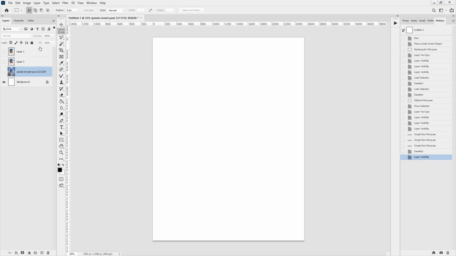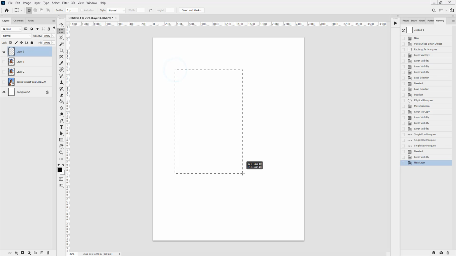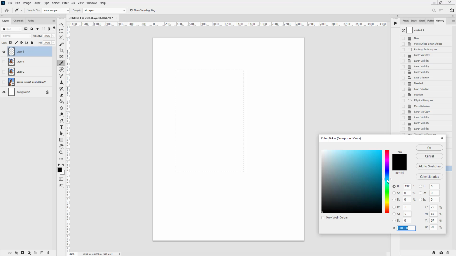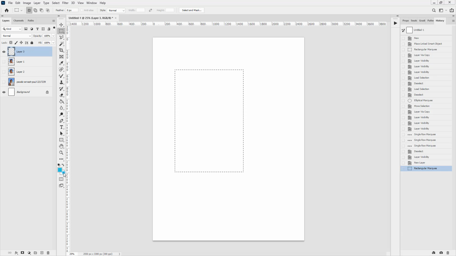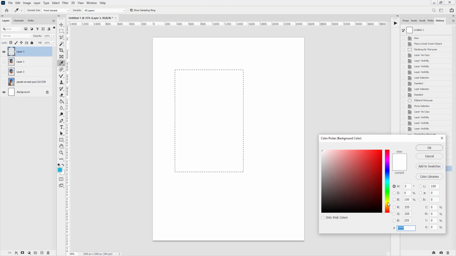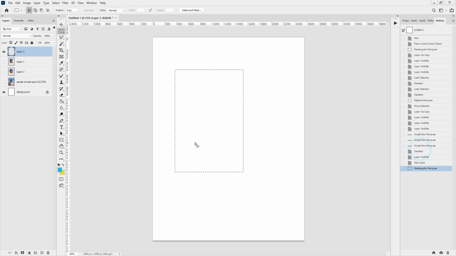I'm gonna have to add a layer, so let me just do that quickly. So yeah, I could create a new layer, draw a rectangle, and let me just fill something close to my brown colors here. That's not what they are, but that's a close representation of it, I think. Okay, good. So I could fill this selection here with any of these colors, with this foreground color, background color,